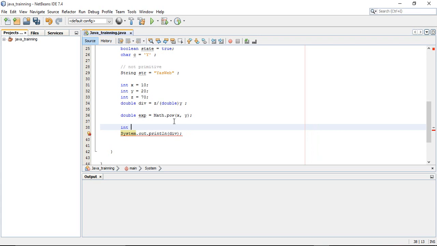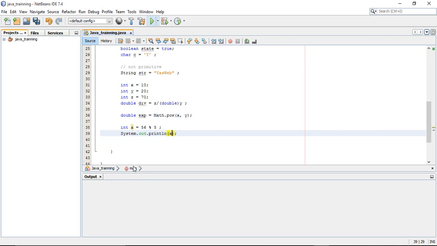So for example, let's create a new variable. Let's name it a equal to, for example, 56 % 5, and this sign, percentage or percent, is called modulus. So basically, if we put just normal division, it should give us 11, but this modulus gives us the rest, so it's just 1. So if we print it and type a, we should have as an output just 1,